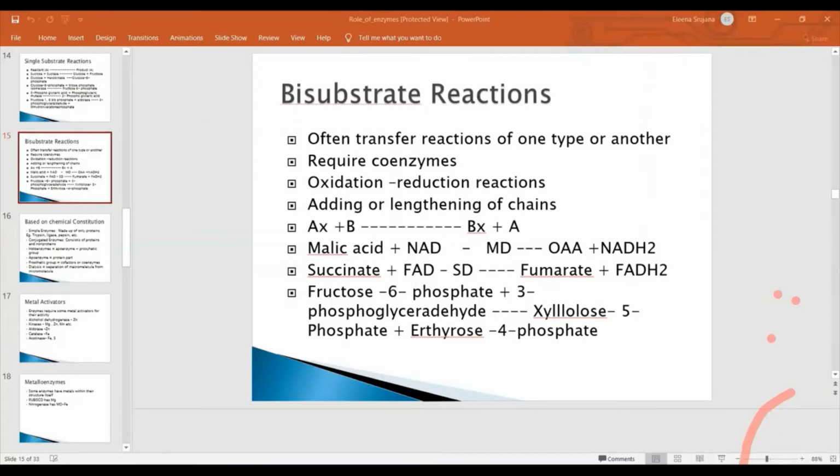Then apart from these, you have something called isoenzymes. Isoenzymes are multiple forms of an enzyme which have different physical and chemical properties. The most important isoenzyme which